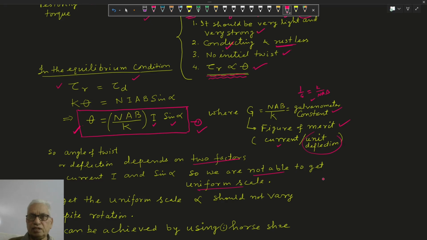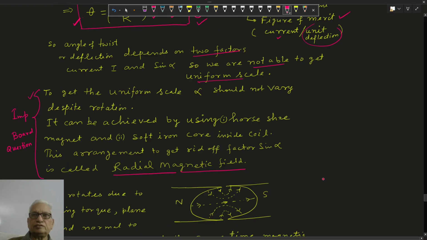normal to the plane, and the magnetic field alpha is also changing. तो जब coil में rotation आएगा तो जब this torque, तो alpha भी change होगा. तो कैसे हटाएंगे? ये बड़ी मुश्किल सी बात. Not very easy. But one arrangement is done so that despite rotation, alpha is always a constant quantity. See how? To get the uniform scale, alpha should not vary. It is a constant quantity. Despite rotation, it can be achieved by using